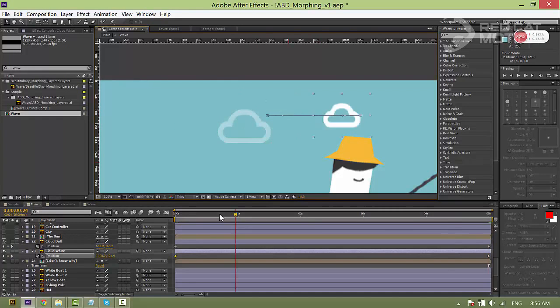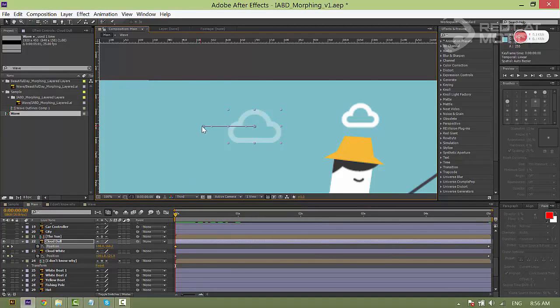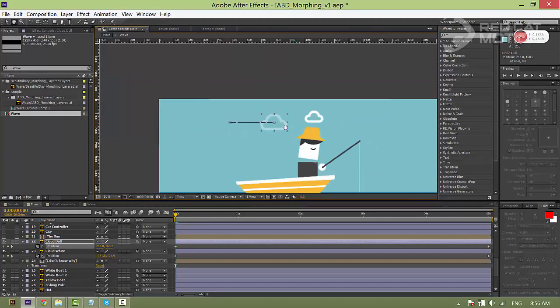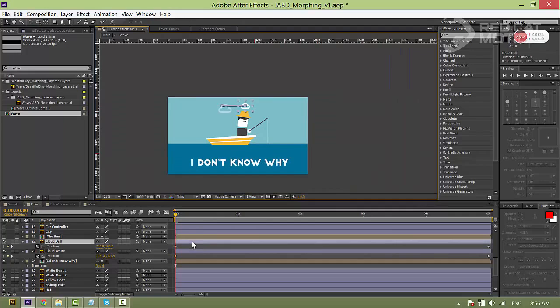This means that we don't have to drag our time slider to the first keyframe to move. Instead, we can move it directly like this. If you click here, you can see the end point and you can move it as well. I drag it to the side a bit to make it balanced.